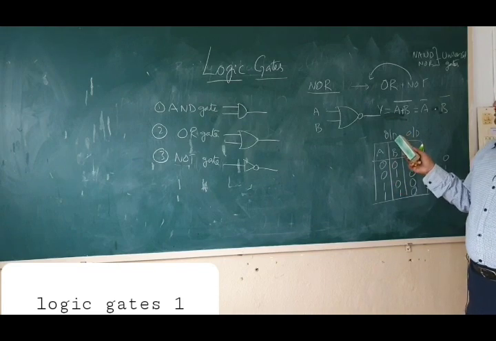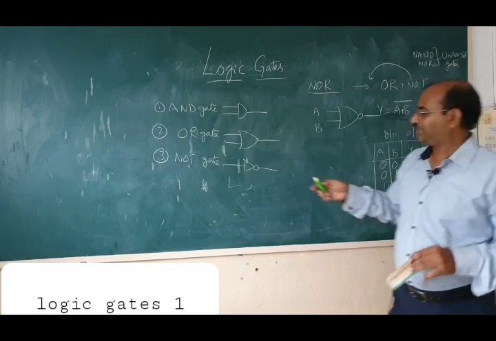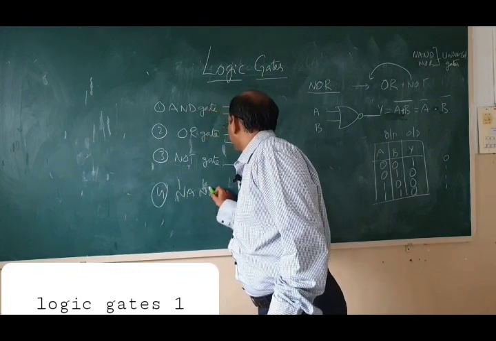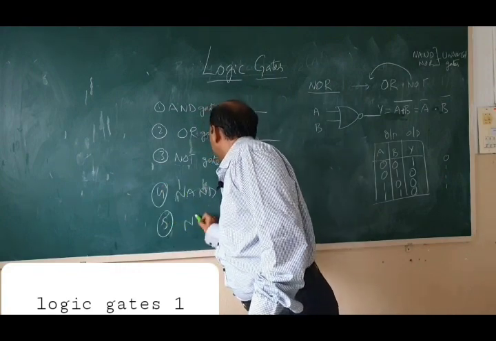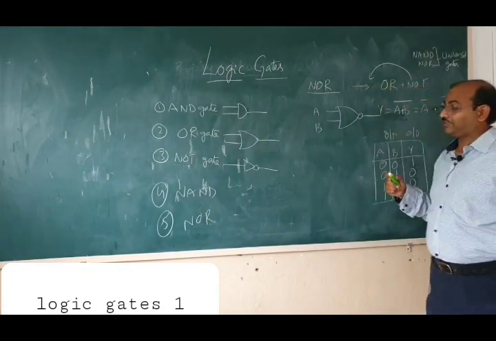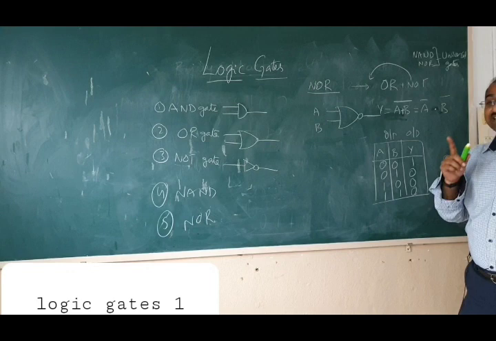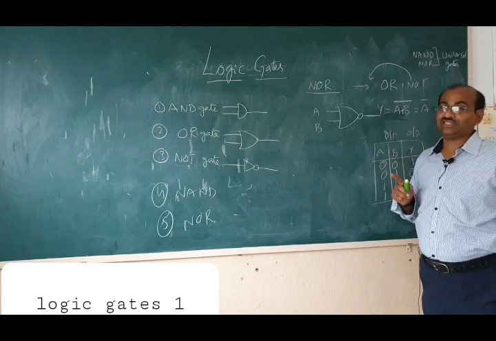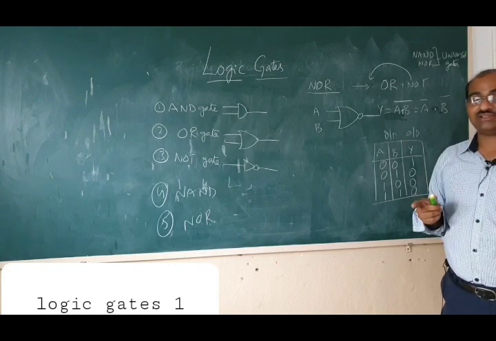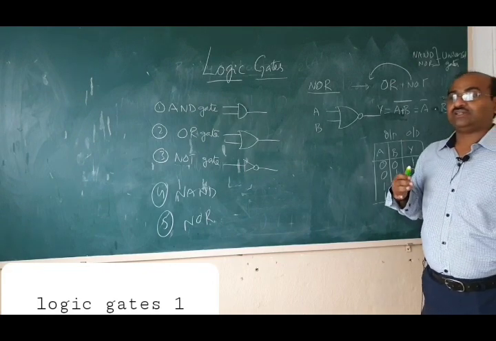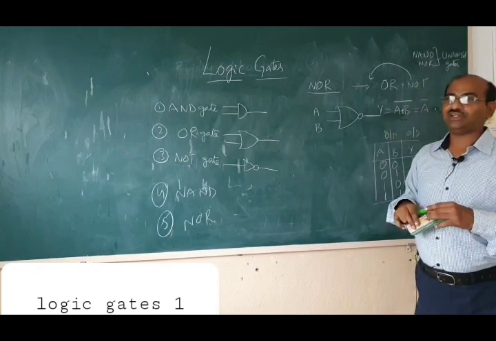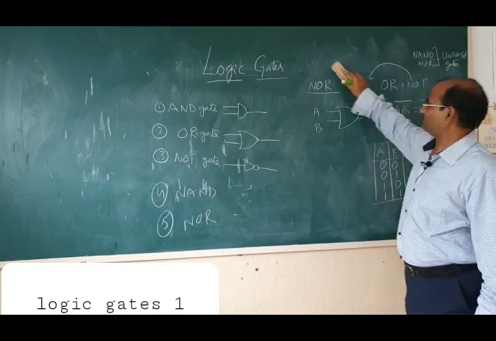Now we have discussed 5 gates, including NAND and NOR. 2 more gates are there, and one is very important for us. We will use that gate in half addition and full addition, right? In fact, that gate is known as the quarter adder, because for addition it is very important. Why we call it half adder, I will tell you later.